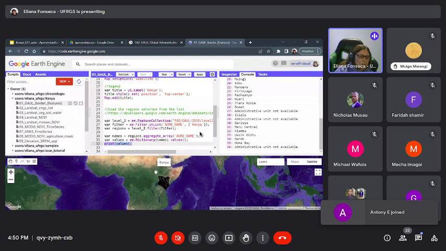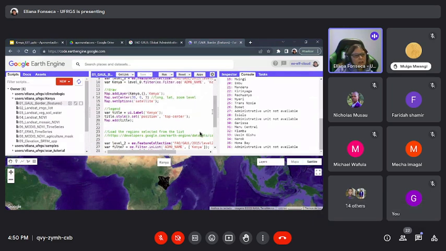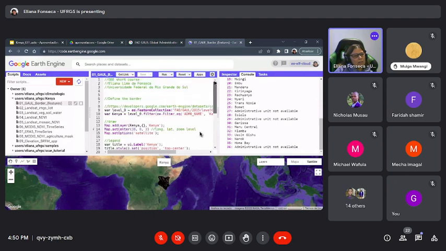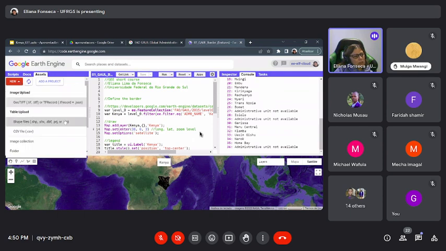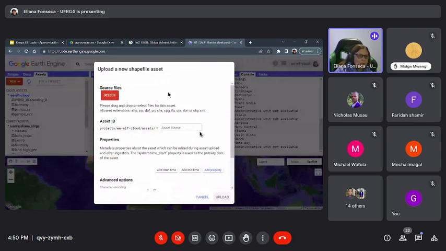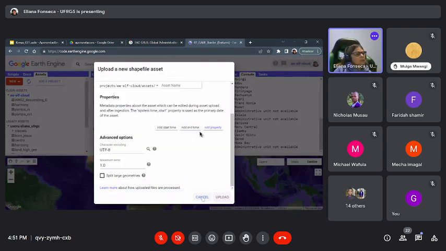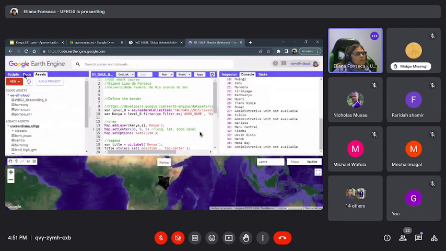how can I choose a border, but we can also put a shapefile here. If you have a shapefile, and we go to assets here, and then we create a new shapefile, and then you can upload your shapefile. Okay, well,